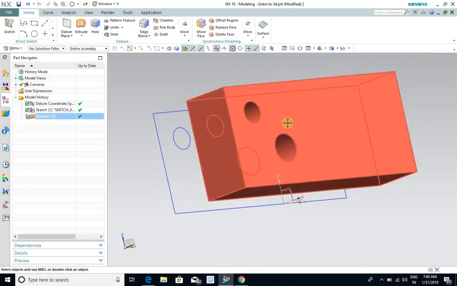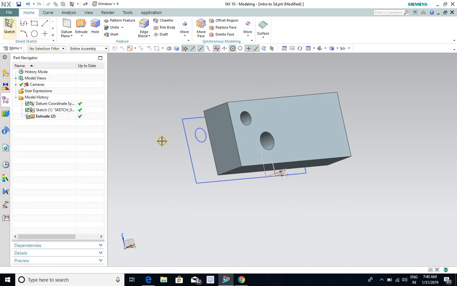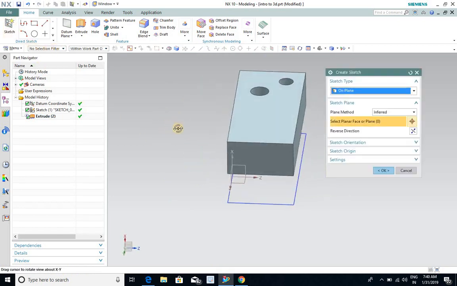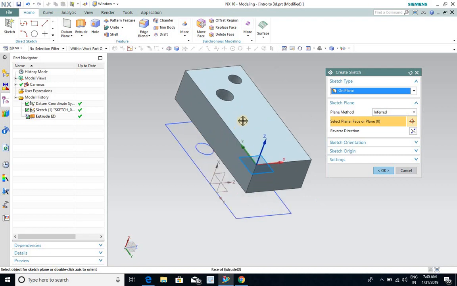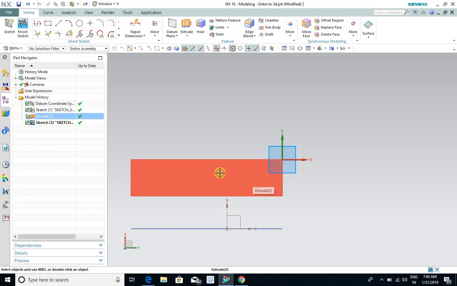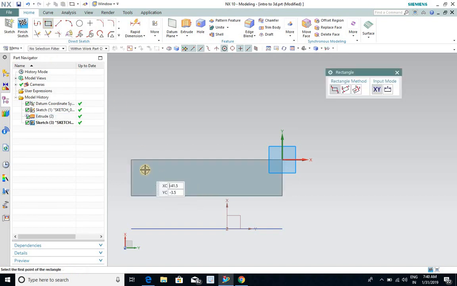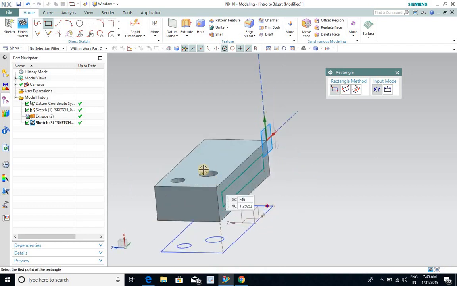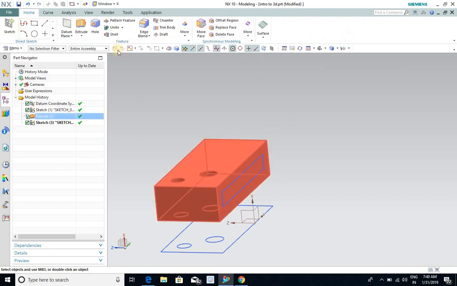If you want to create a hole after creating this 3D, then you have to click on sketch again, and select the face on which you want to create a sketch. This face will act as the plane. So I'm selecting this face now, then you can click on OK. The plane has been set on this face. I'm selecting a rectangle. I want to cut this rectangle from the created 3D geometry, so you have to click on finish.